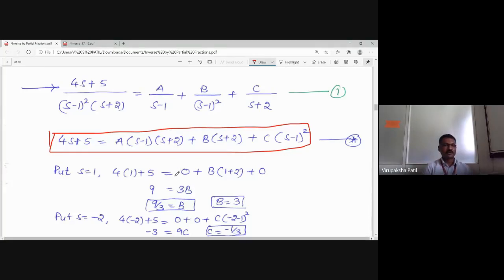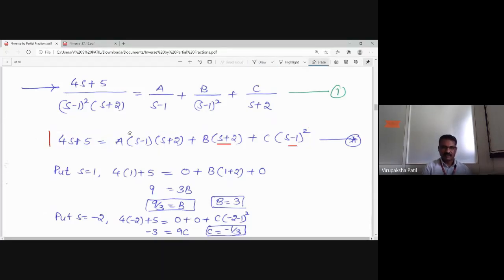Now directly here it is not possible to get all the values, but by observing this you can say... first I want to get the value of a here. To get the value of a, what you need to do? See, if you go back to these two, you cannot directly make these two 0. Is it possible to get the value of a directly? Directly it is not possible, but instead of getting the value of a here, you can get the value of b. There is no condition that you should get a first, then b, then c. Any one value, if it is possible, you can get first.